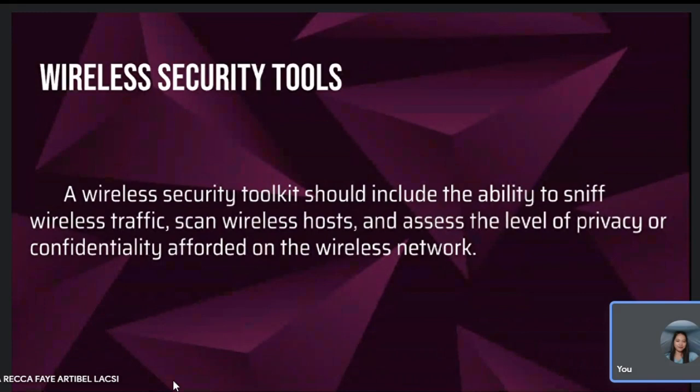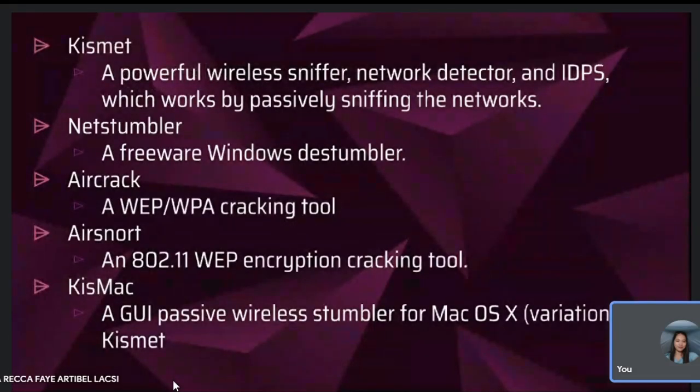And the last in our topic is the wireless security tools. A wireless connection, while convenient, has many potential security holes, so a wireless security toolkit should include the ability to sniff wireless traffic, scan wireless hosts, and assess the level of privacy or confidentiality afforded on the wireless networks. Now, in 2006, Insecure.org conducted a survey to identify the top 5 wireless tools, and the winners were Kismet, which is a powerful wireless sniffer, network detector, and IDPS,